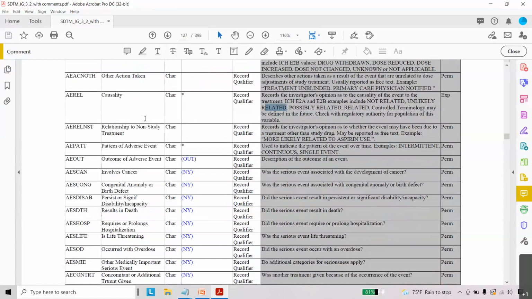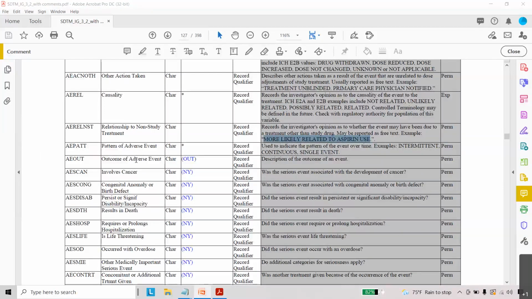If the subject is taking any other medication along with the study treatment or investigational product, the adverse event may come due to the non-study treatment. In that case, the value can be populated like this: more likely related to aspirin use. So for one particular subject, that adverse event is related to the aspirin use as per the definition here.